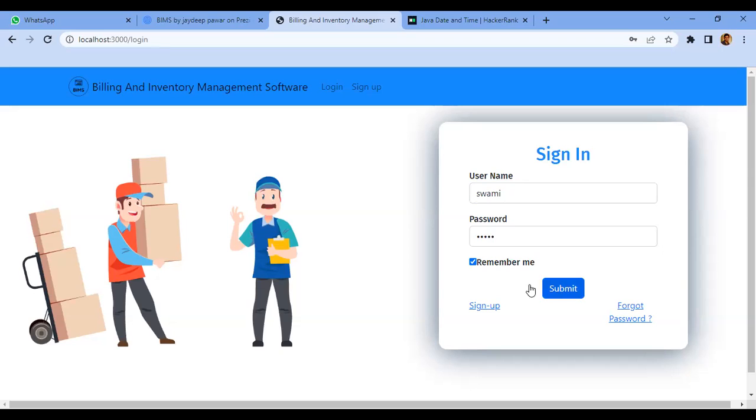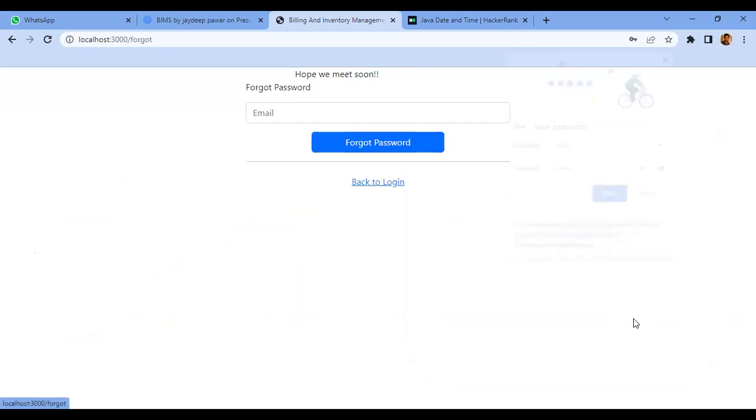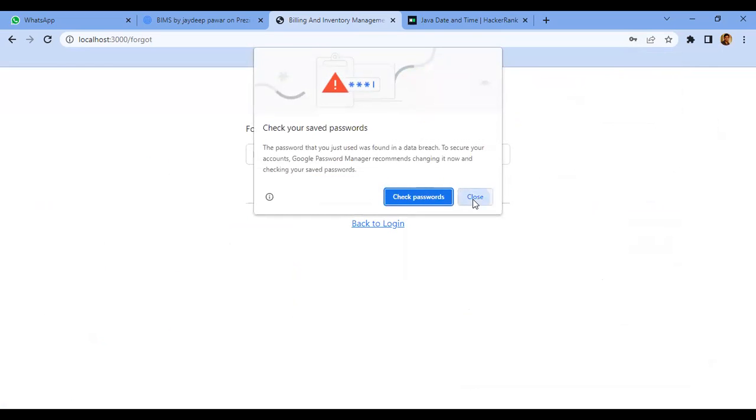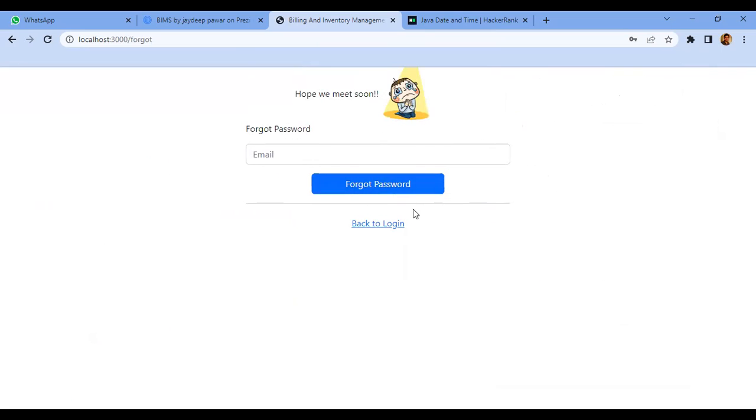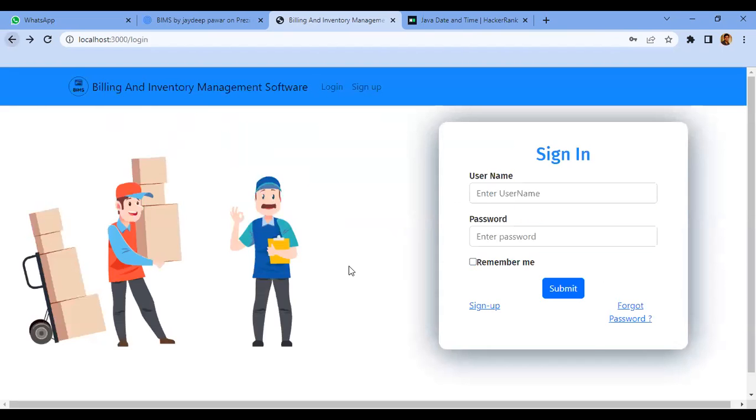Okay sir. And suppose if the user forgot the password, then we also provide something here. So put email and forgot password, but this is not working yet. But we created this page also, and here I